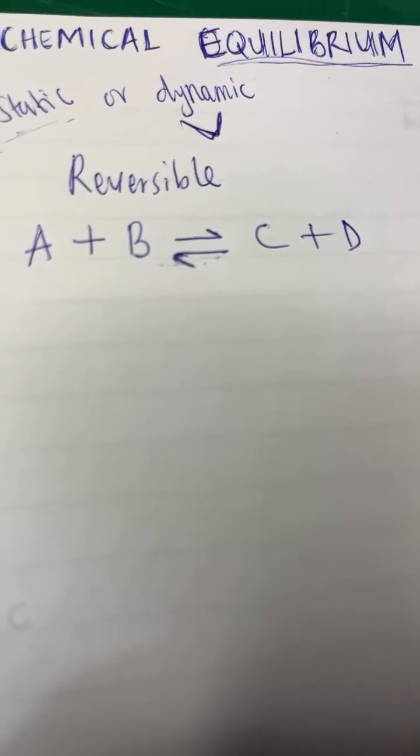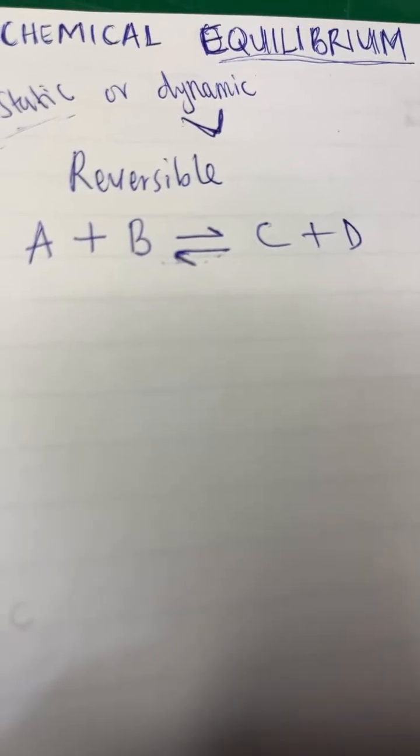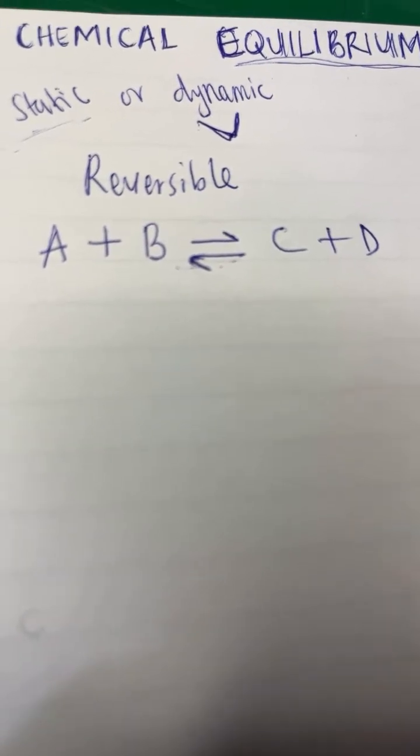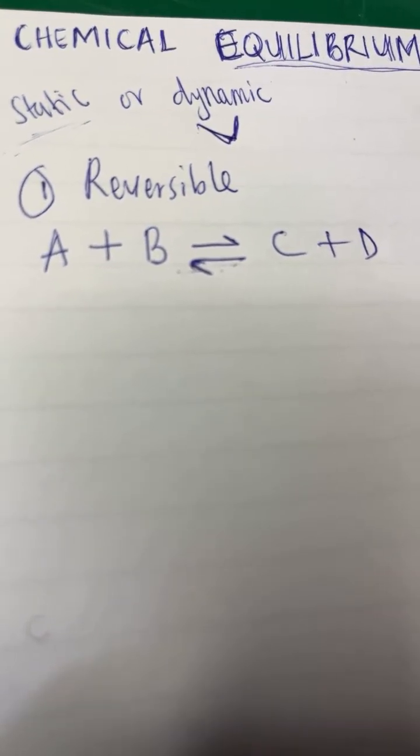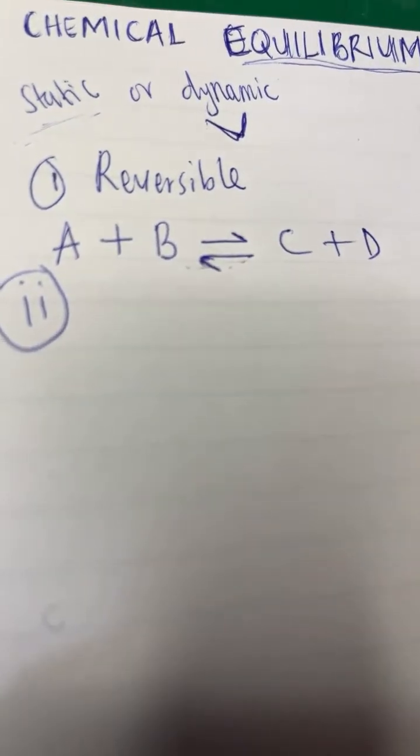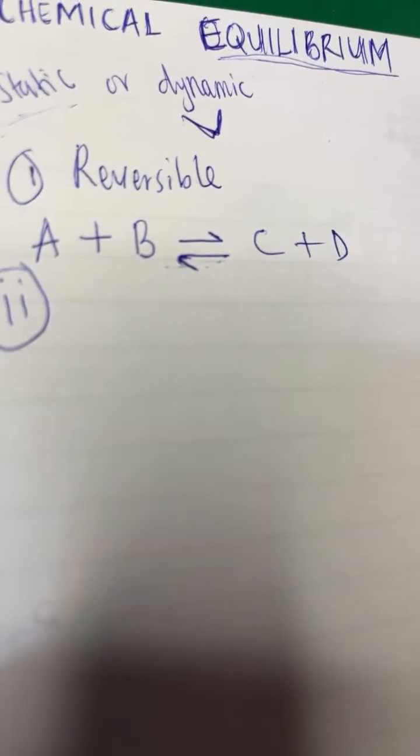For a reaction to be in equilibrium, the first thing is that the reaction must be what? Must be reversible. That's the first condition. The reaction must be reversible. Let me give you another condition, which I've already explained while doing my explanation. The other condition is that the rate of the forward reaction must be equal to the rate of the backward reaction. So everybody type the rate